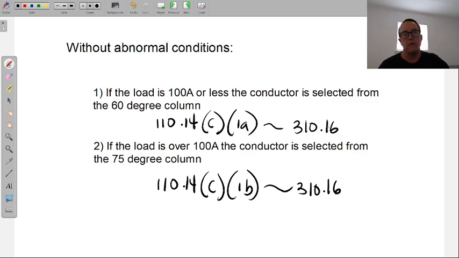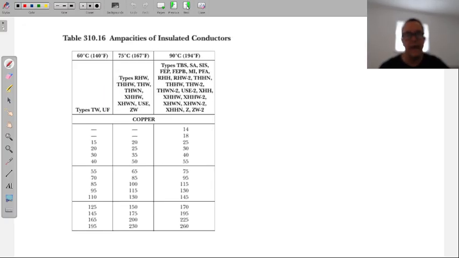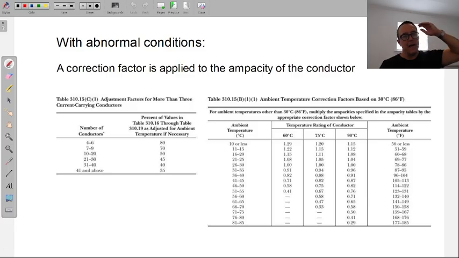All right, so now without abnormal conditions, let's look at the abnormal conditions. And this was just the article to point out where it comes from. This is 100, and this would be, like I said, 101. This is the column, that's the column. I only have a partial column there. I only took the amperage, so forget the size of the wires. All right, now abnormal conditions.